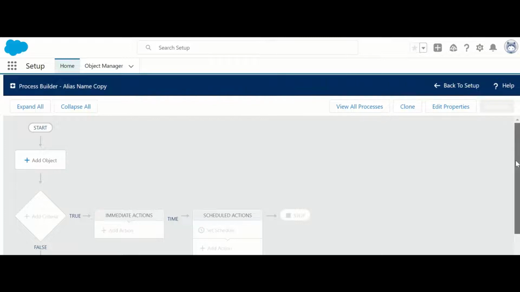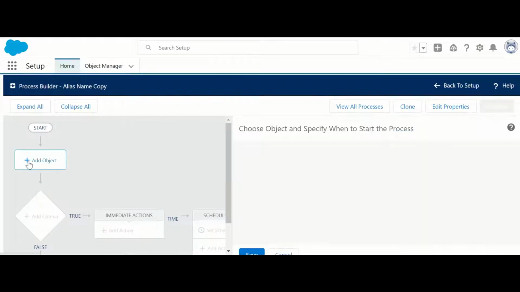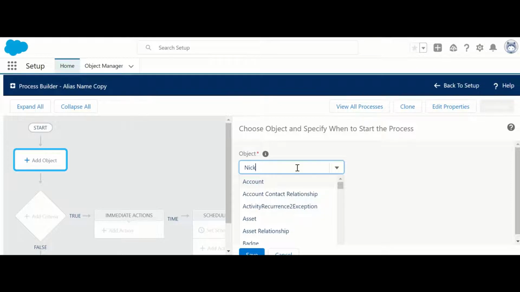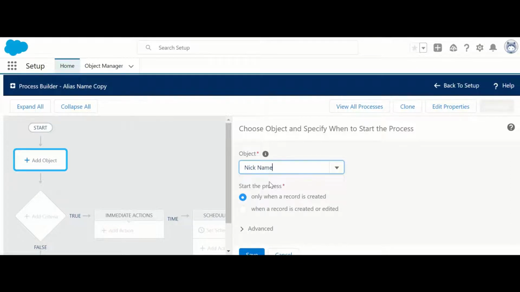So this is our Process Builder. Add object. To find an object, select Nickname as an object. You can provide the criteria that start the process only when a record is created, or when a record is created or edited.